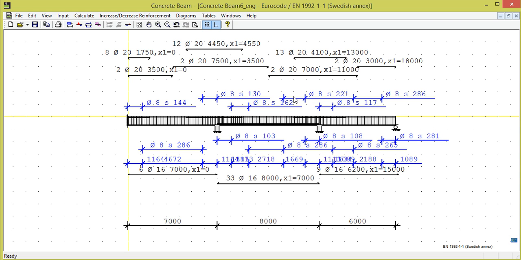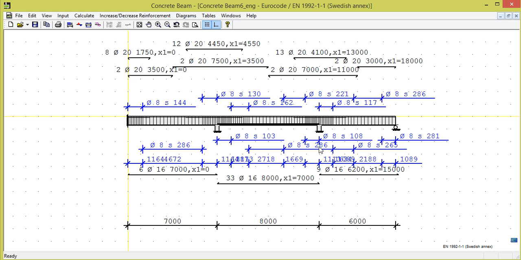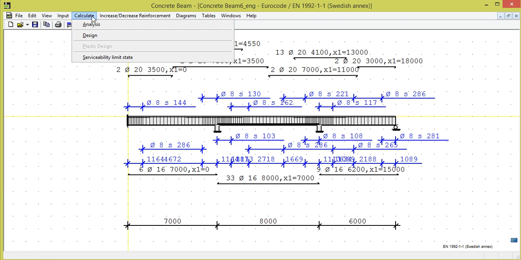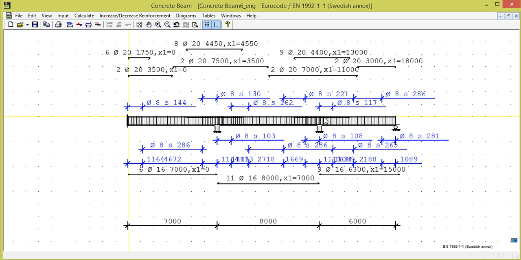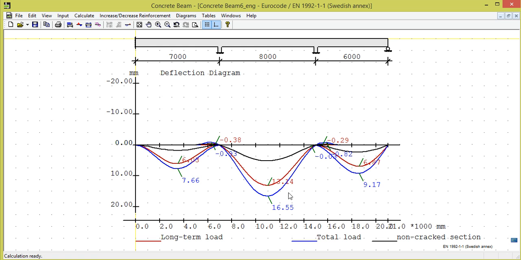Finally, we will look at the possibility to affect the result in the serviceability limit state by altering the reinforcement manually. We first disable the crack width and deformation criteria previously defined. And then make a new design to restore the original result. A new calculation in the serviceability limit state shows a maximum deflection of 16.55 mm, slightly smaller than the original value because we this time did not curtail the reinforcement. We now select Increase Reinforcement